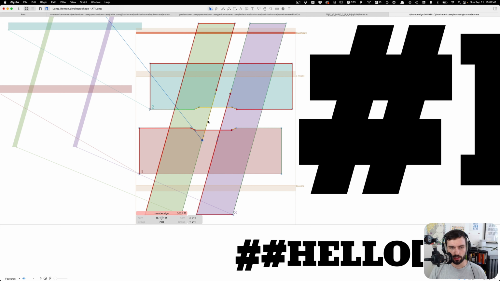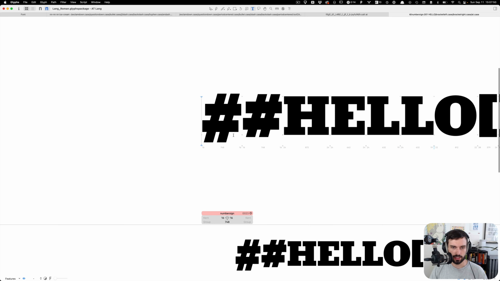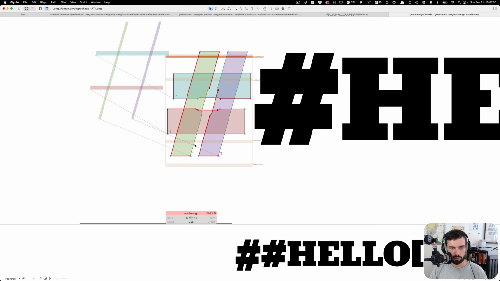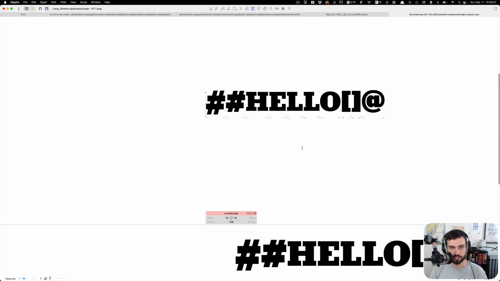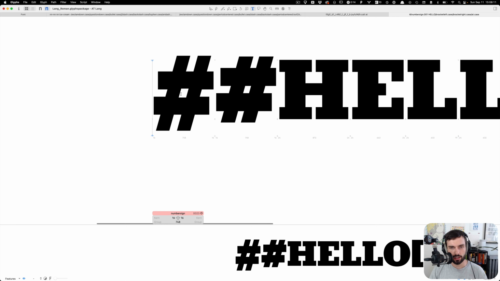You still have to give it a fair bit of input for it to really work well, but it's pretty cool for something like a Future Fonts update, where you want to give people as much as you can in a limited amount of time. And ultimately, for the full release of fonts, I don't think I would completely trust